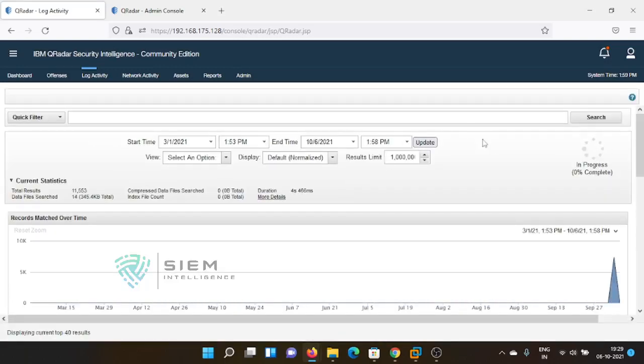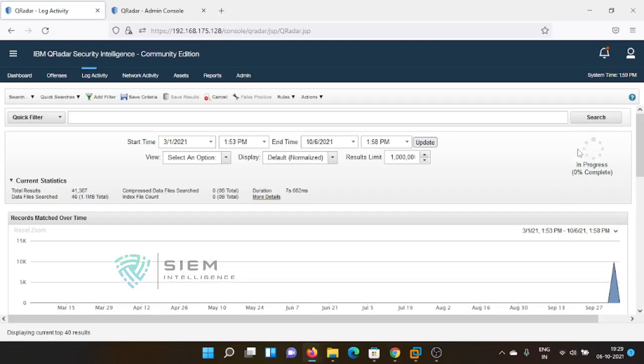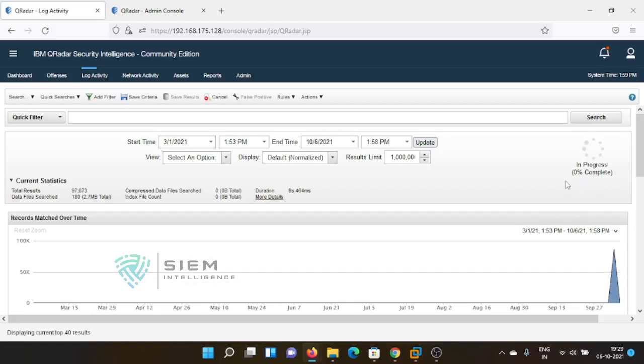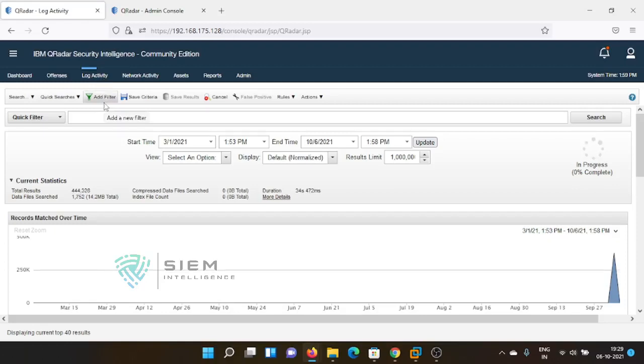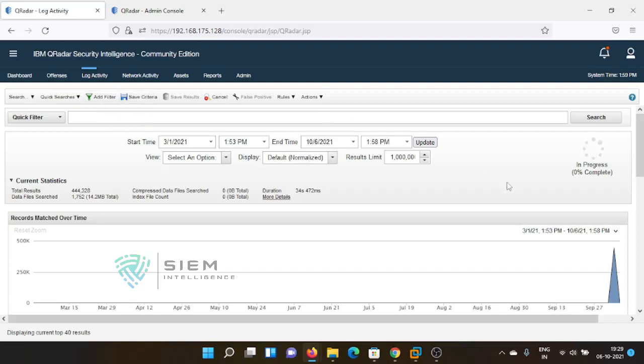So now the quantity is quite high. Now it is taking so much time. Why? Because it is a raw log. I have not given any filter. It should go to each and every database. If it is indexed, it has to be taken. If it is not indexed, it has to go to each and every database and each and every events instance. These are the events. Log sources is events. It has to go inside the events and check each and everything, and it will take so much time.